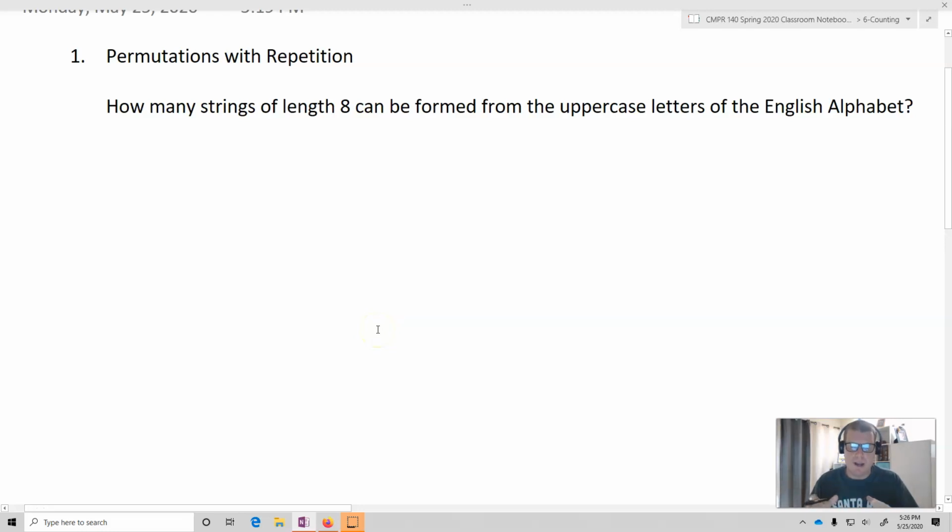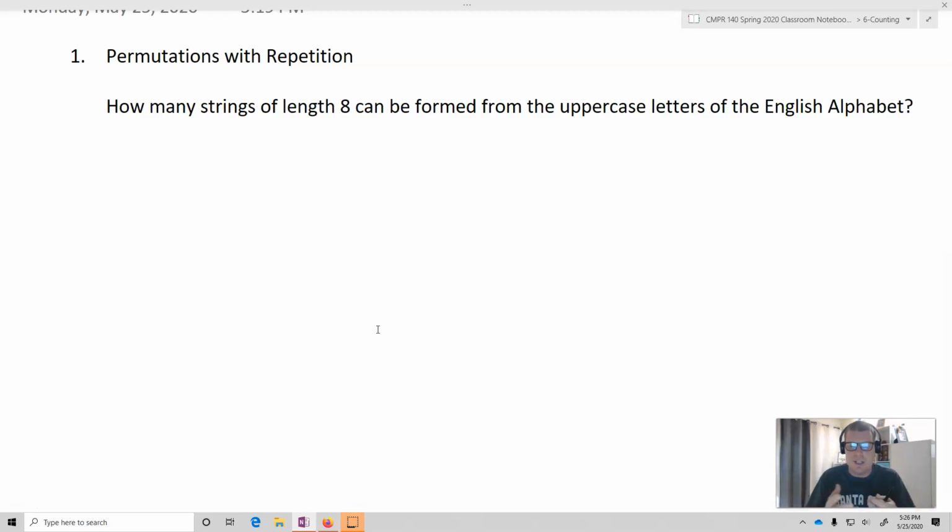So the first lesson from this chapter on generalized permutations and combinations is going to be permutations with repetition. When we talk about repetition, what we're talking about is that we're looking to order a set of objects, and different objects, and we can in fact utilize each object more than once. So each object could be utilized more than once, and consequently that changes how we do our